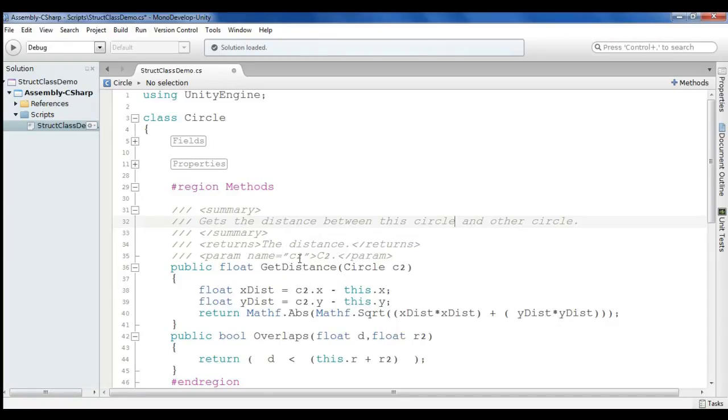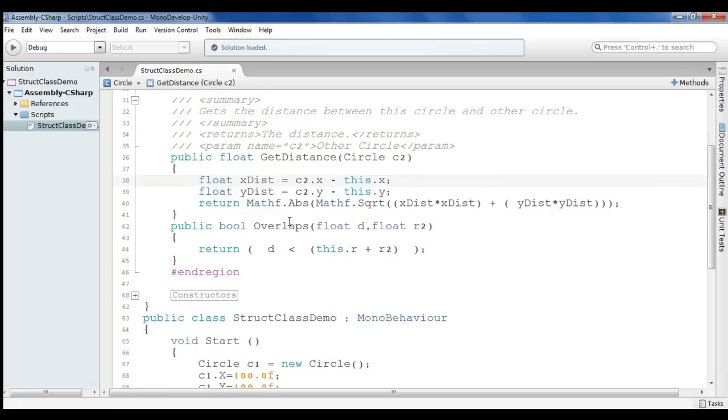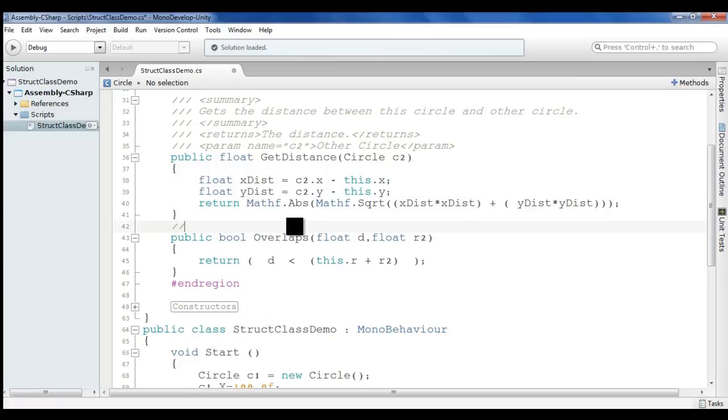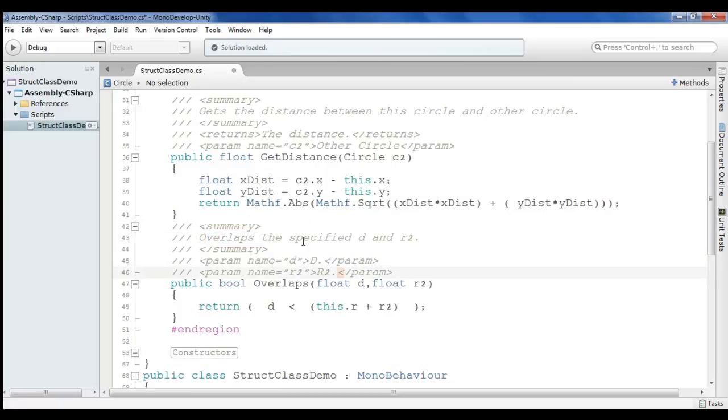And here the param name C2. It is asking for C2, so you have to pass the other circle. You can create the XML notation for this method also. And you can see it says overlap the specified D and R2. That is not a proper one.